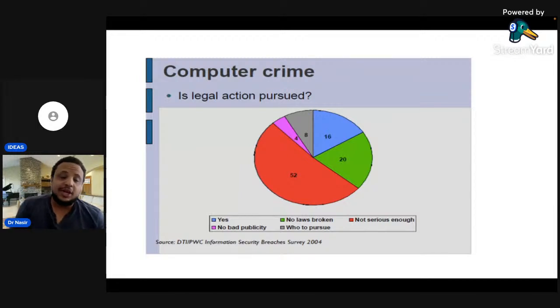So we need to look at the question: when these things happen, do people actually go and pursue legal action? So if you have been hacked, do you go to the police or do you go to the CERT to report that you have been hacked? The answer is actually not really,